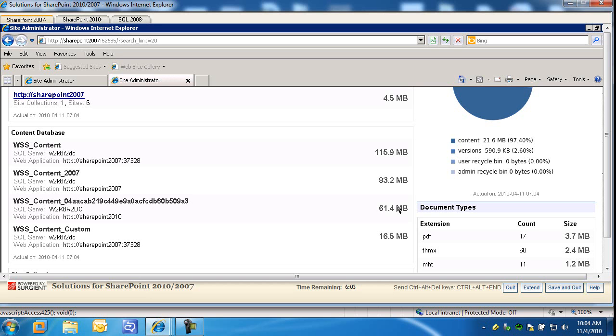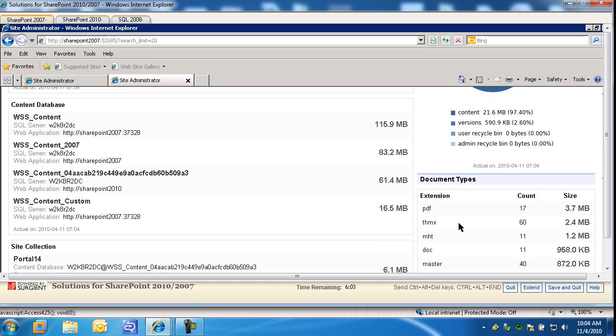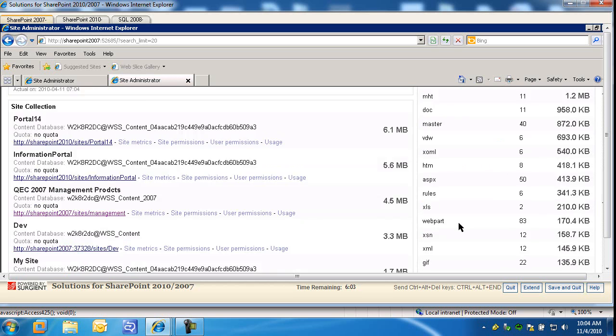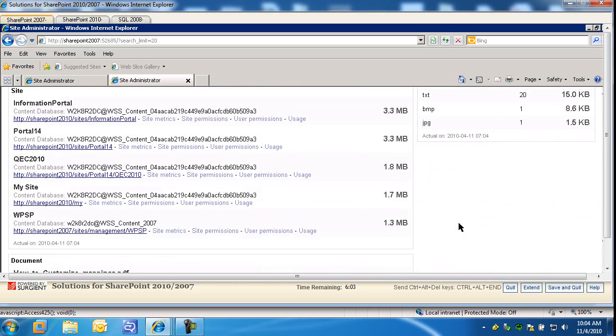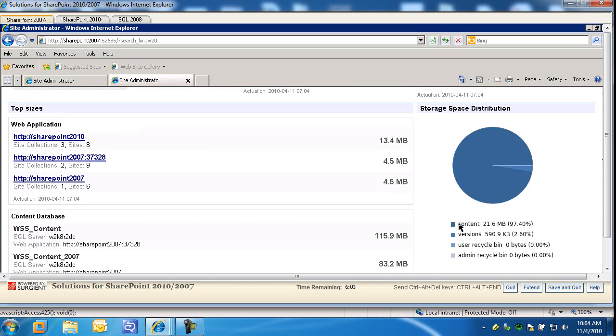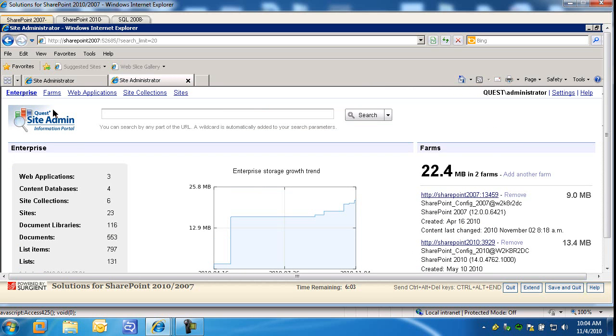You can see them in here. You can see the size they're consuming. The document types, again, from an enterprise perspective, the site collections, the sites, and down to the document level as well. And then if we scroll to the top of this, we have a farms link, a web applications link,